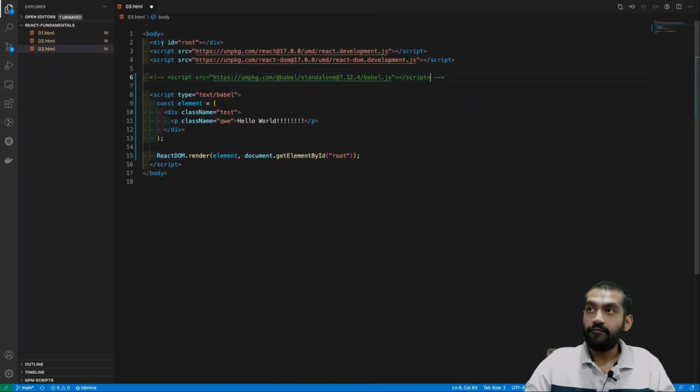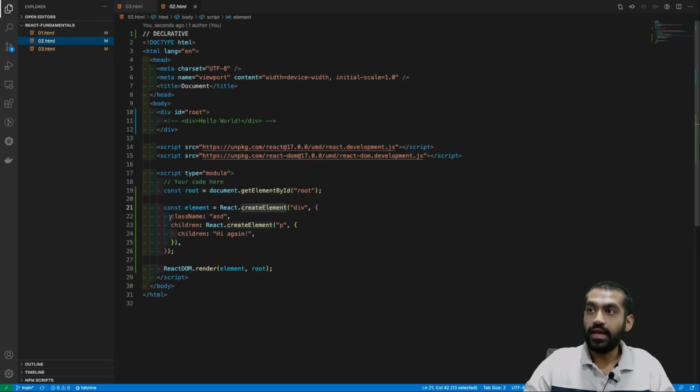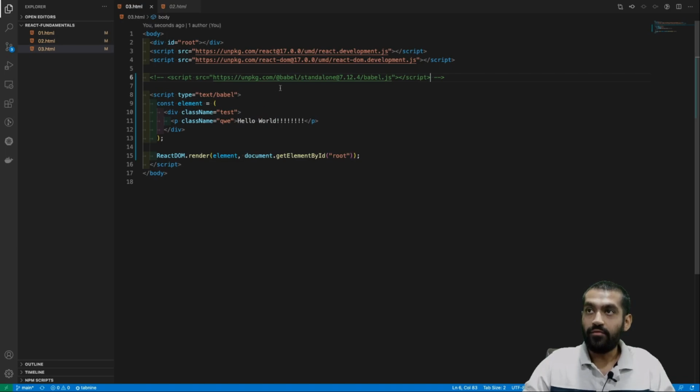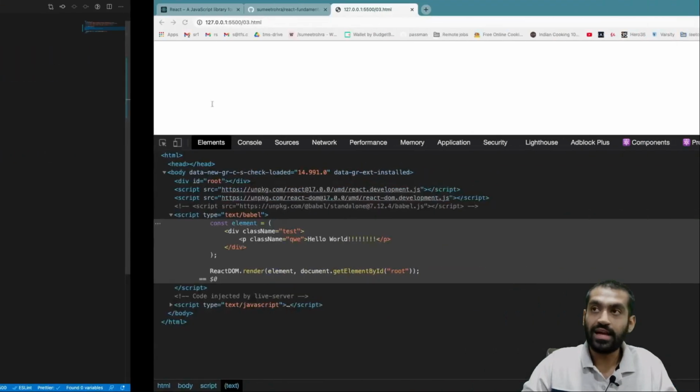Because without Babel we have to write React in this way. But the moment we add Babel and just start writing our elements the way we used to write HTML, Babel takes all this HTML-like looking code and converts it into React code.